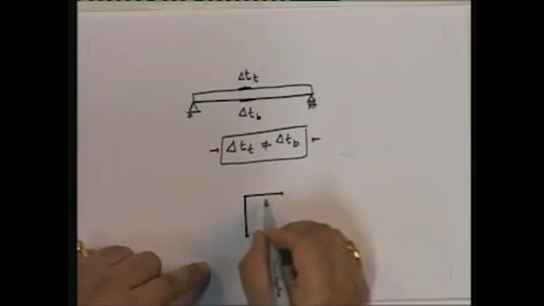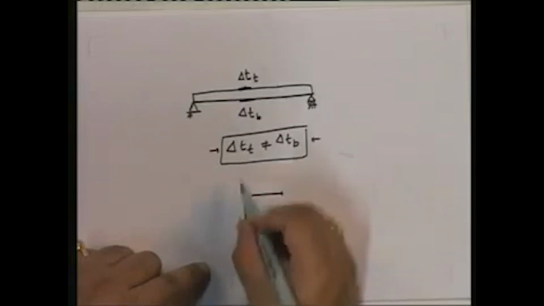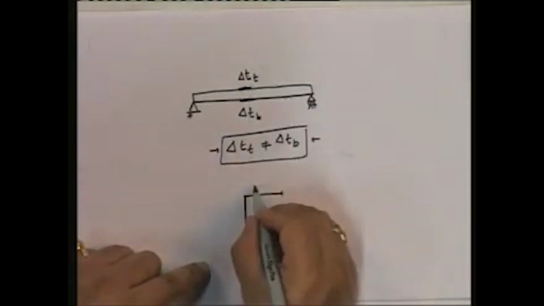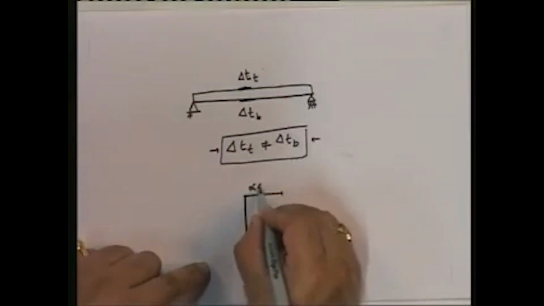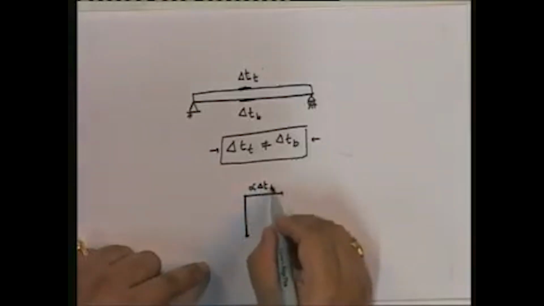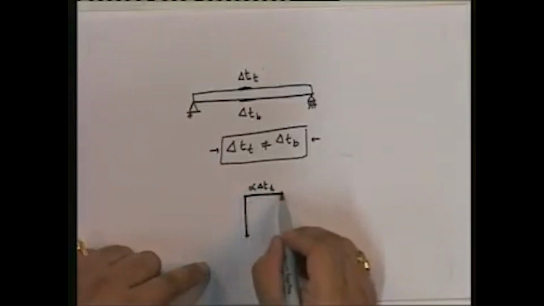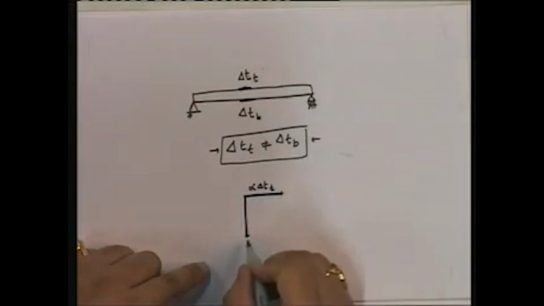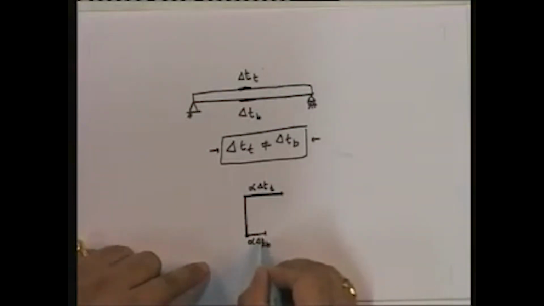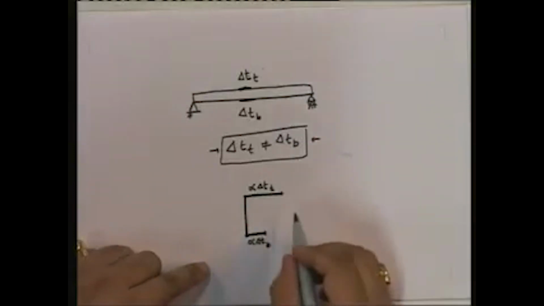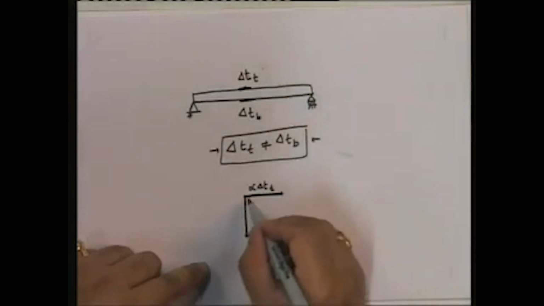If you really look at it, this point, because it has been subjected to delta T, is going to have a strain of alpha delta T top. And what's going to be the strain at this point? It's going to be alpha delta T bottom. Since these two are not the same, these two are not going to displace the same. And as long as the temperature gradient is uniform, in other words, linear from the top to the bottom,